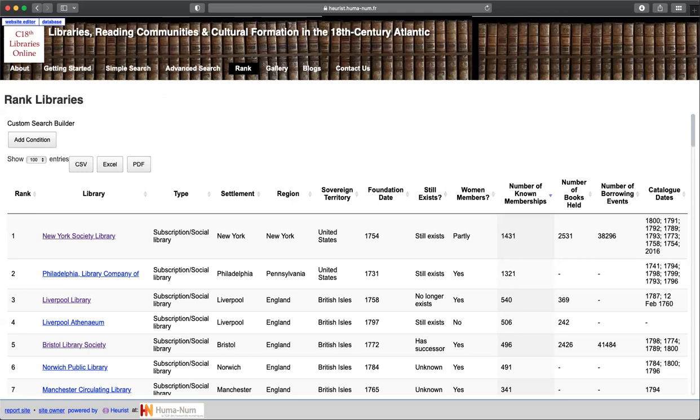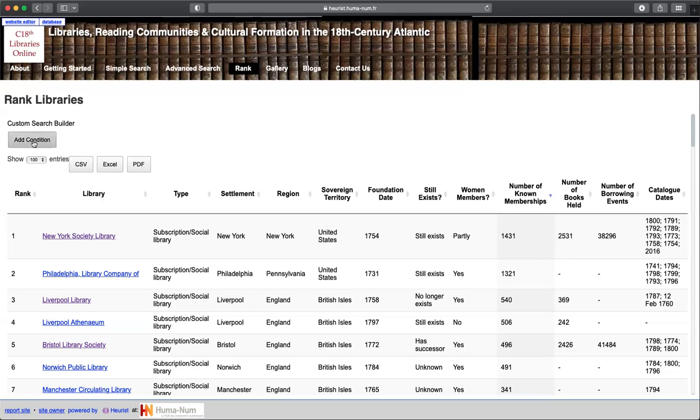Again, you can use the custom search builder to filter libraries according to their geographic location, whether they still survive, or their foundation date. For instance, if I wanted to identify all the libraries in our collection that we know were founded in colonial America before the Declaration of Independence in 1776,